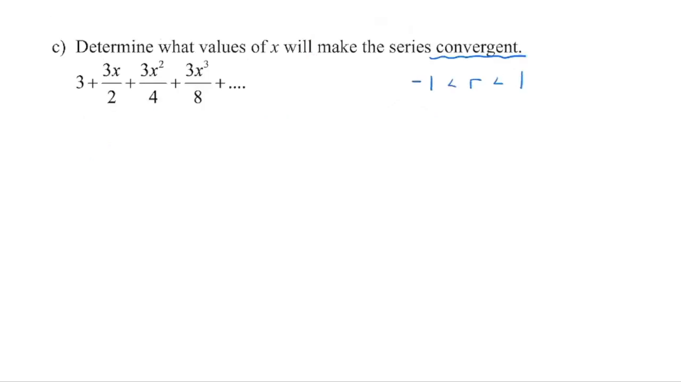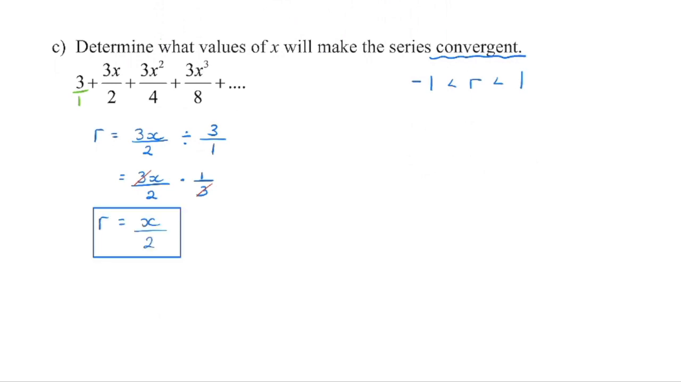The last thing we're asked to do here is to determine what are the values of x that will make this particular series convergent. Now we know that it's convergent if that common ratio is between -1 and +1. So we first need to figure out what is this common ratio, and we can take any term and divide it by the term before it. We can take any two terms, but let's go with these two. So 3x divided by 2 divided by 3. Remember, we're changing division to multiplication, reciprocating that second fraction. My 3's will cancel out, and then we have x times 1 is just x, and we have 2 on